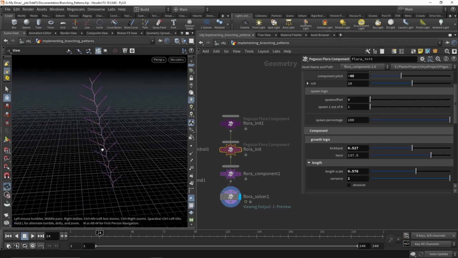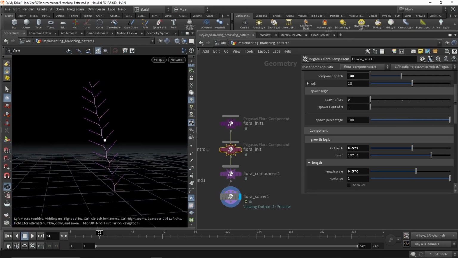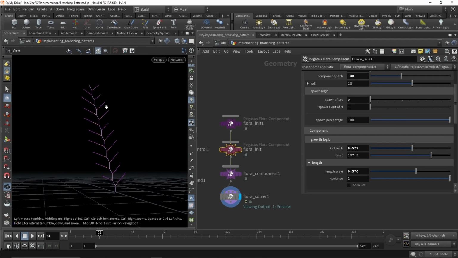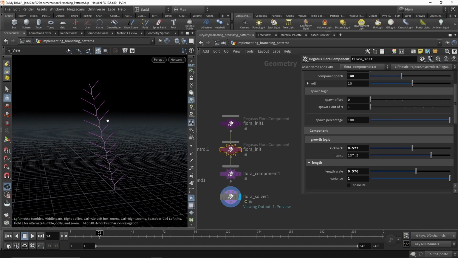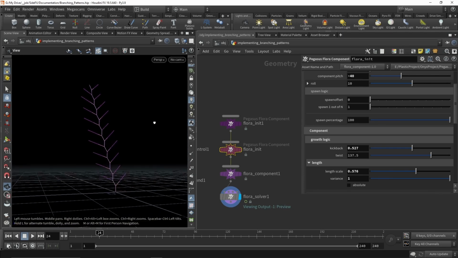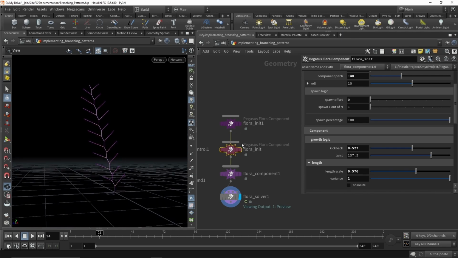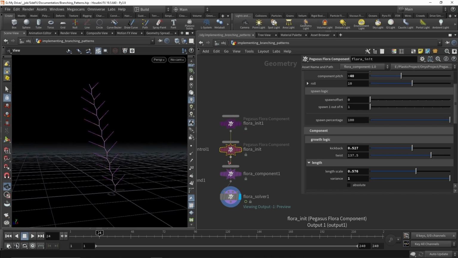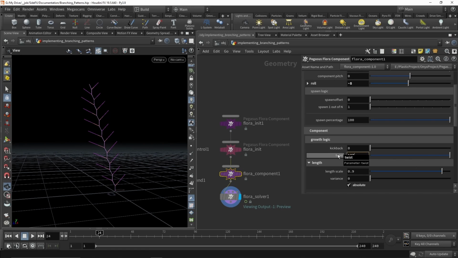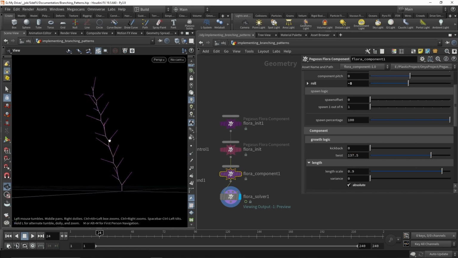It's also structural integrity, and this has no structural integrity at all. Probably the plants do that by doing more spiraling. So if we go back to 175,